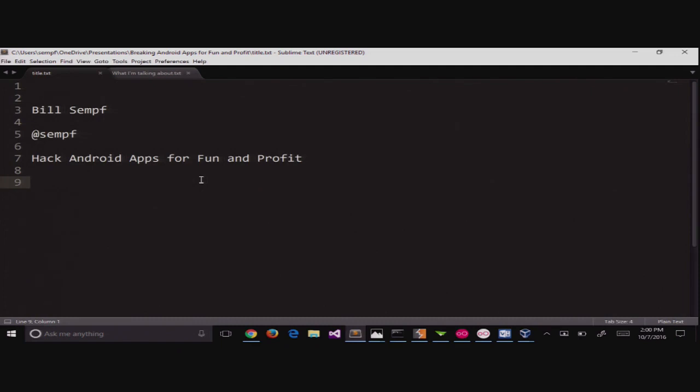So my name is Bill Sempf, and I'm a developer out of Columbus, Ohio. I have been in the computer game for so long that my first 30 or so programs were in assembler. My first significant hack was teaching an Apple IIe to use 2 modems so that I could dial into 2 BBSs at the same time between the time I got home from school and my parents got home from work, so I could download more stuff, which earned me the handle Hydra, which I still carry to this day because I have heads everywhere.